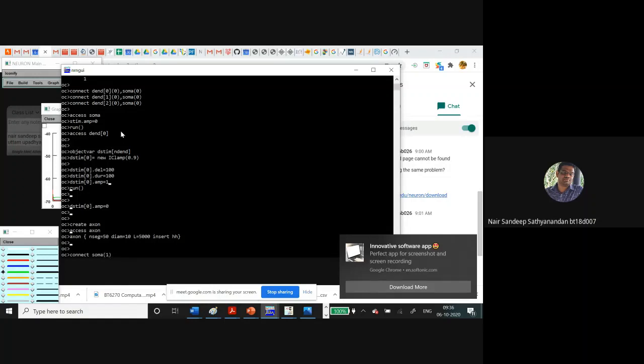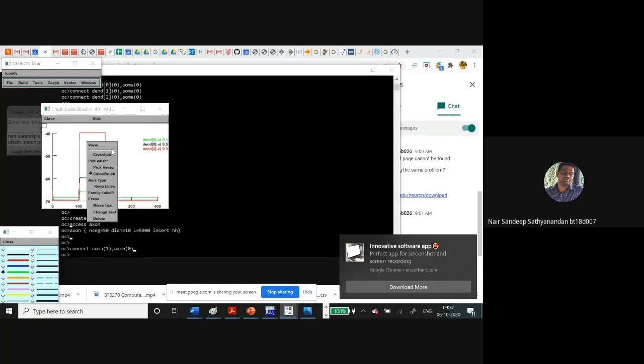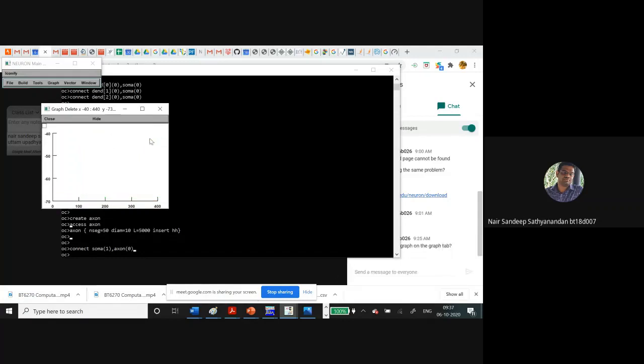I'll use the other end of the soma, that is index 1, and then the proximal end of the axon, so that is connected. We'll delete this one.